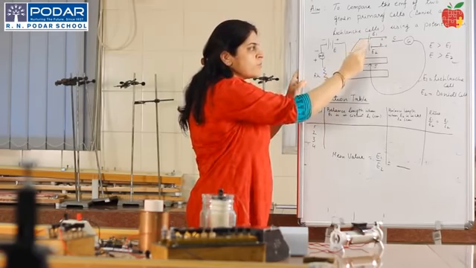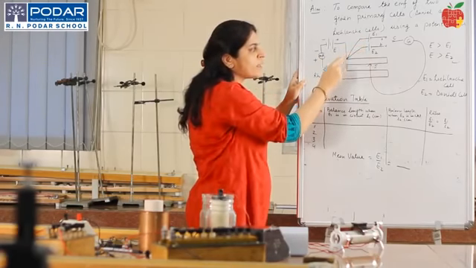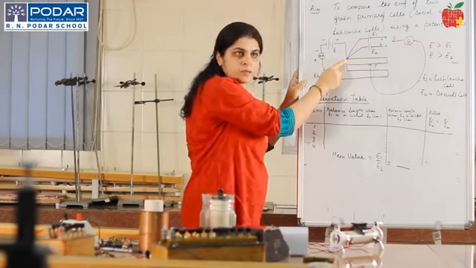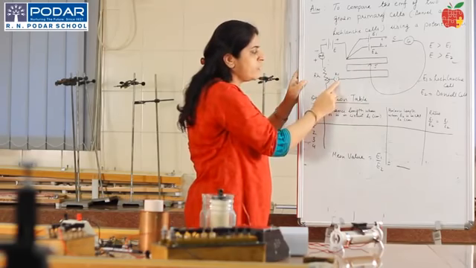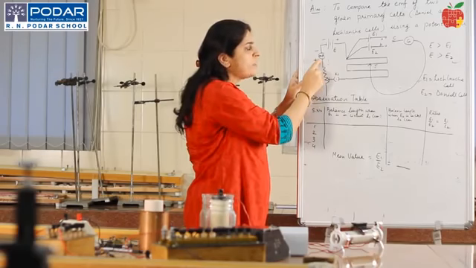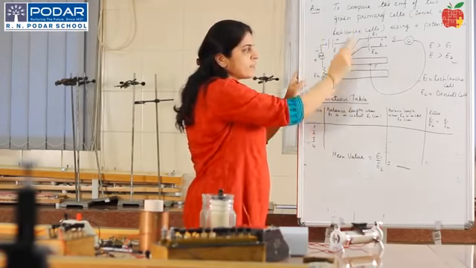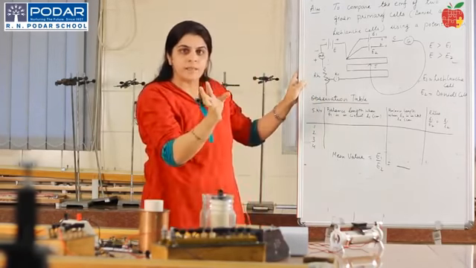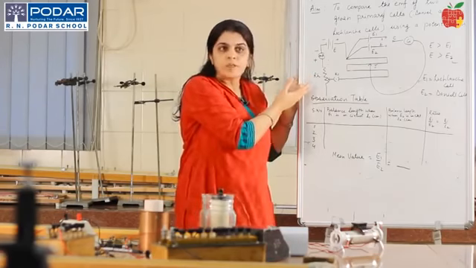All the positive terminals of the driving cell and the two primary cells, that is E1 and E2, are connected to the initial terminal, that is the first terminal of the potentiometer, which is marked as 0. The terminal point, we can see, is connected to the key, then the other end is connected to the rheostat, and the other end of the rheostat is connected to the milliammeter, and then to the negative of the battery. This entire circuit, as you studied in your theory, is called the driving circuit, which maintains a constant current in the circuit for the potential drop to occur, and that is the principle of the potentiometer.